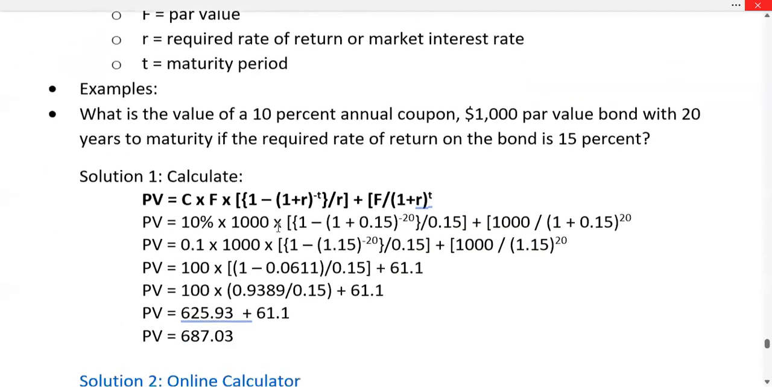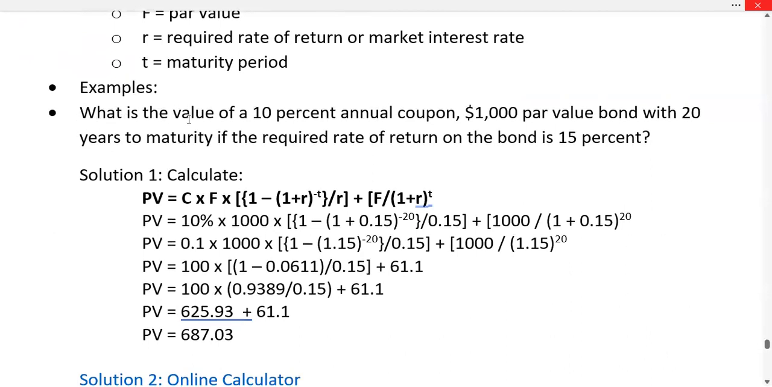In this example, we'll be looking at this question: what is the value of a 10% annual coupon, $1,000 par value bond with 20 years to maturity if the required rate of return on the bond is 15%? We can calculate this using the formula above. C here stands for your 10% annual coupon rate. Your par value is $1,000, which is represented by F, multiplied by 1 minus 1 plus 0.15,